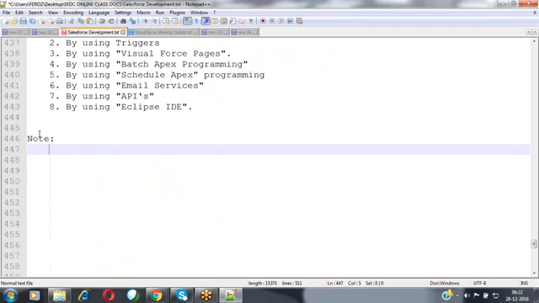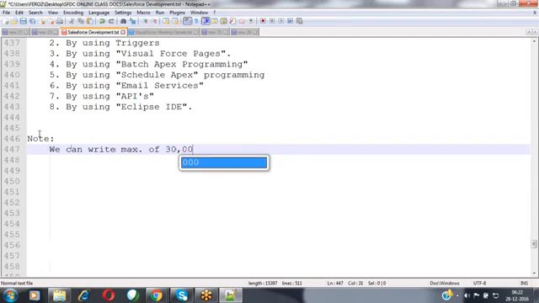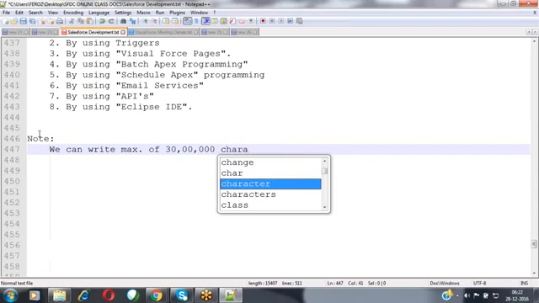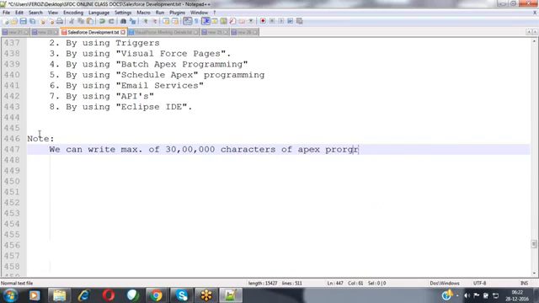Make a note: we can write a maximum of 30 lakhs characters of Apex programming code. Once you reach 30 lakhs characters and you cannot write any more code here, then what can we do?